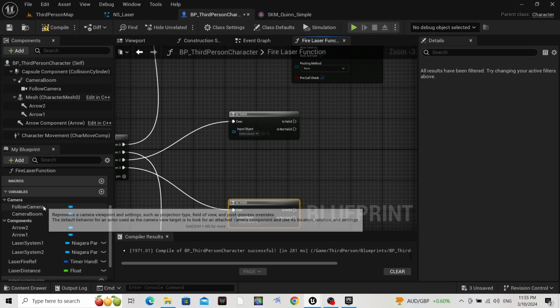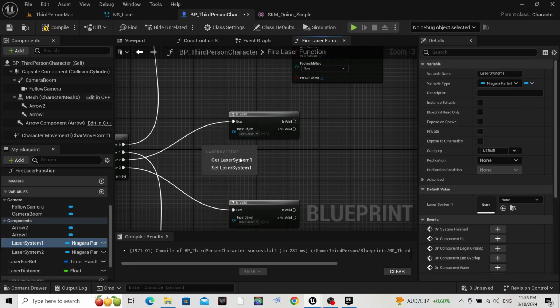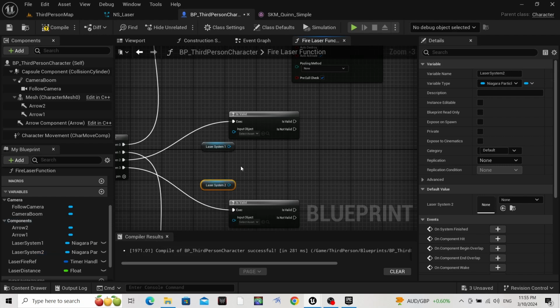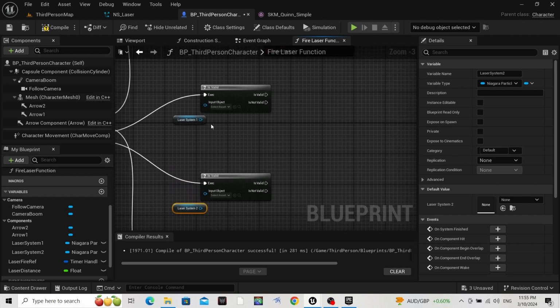So laser system 1 and 2, get them, place them on the graph. Do not select set, whereas we are using get. Yeah, so get laser system 1 and 2, and then I'm gonna drag from them,